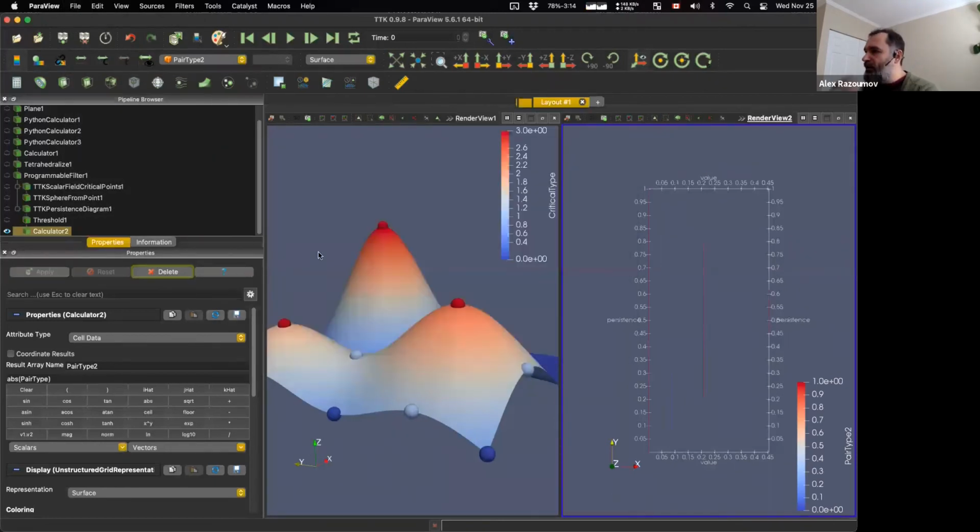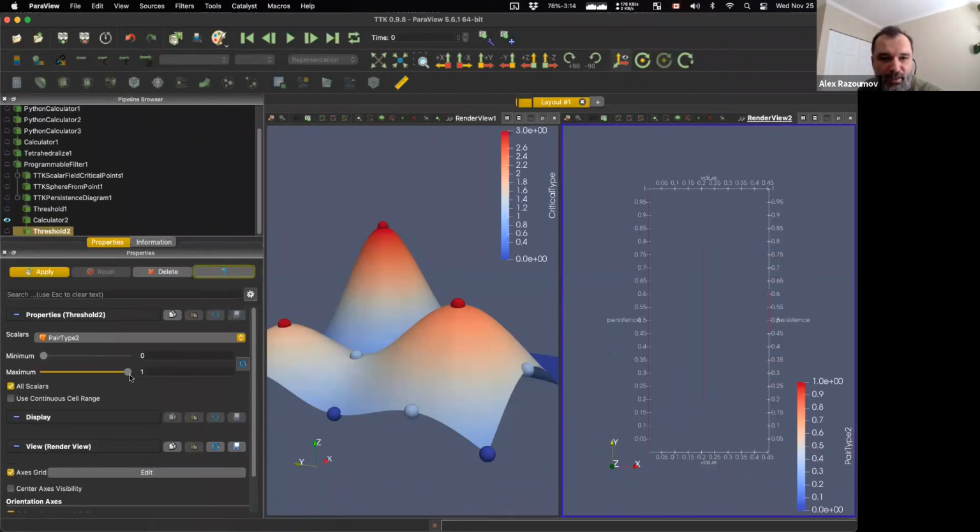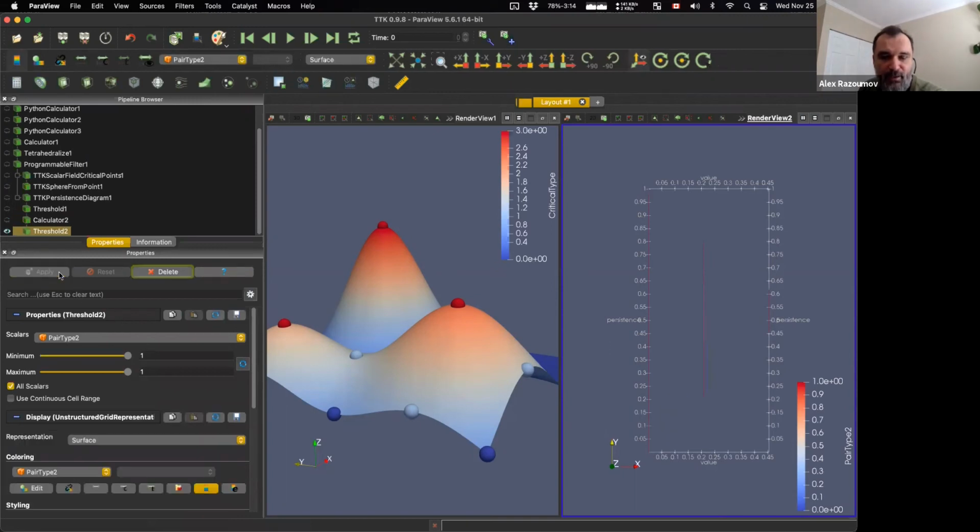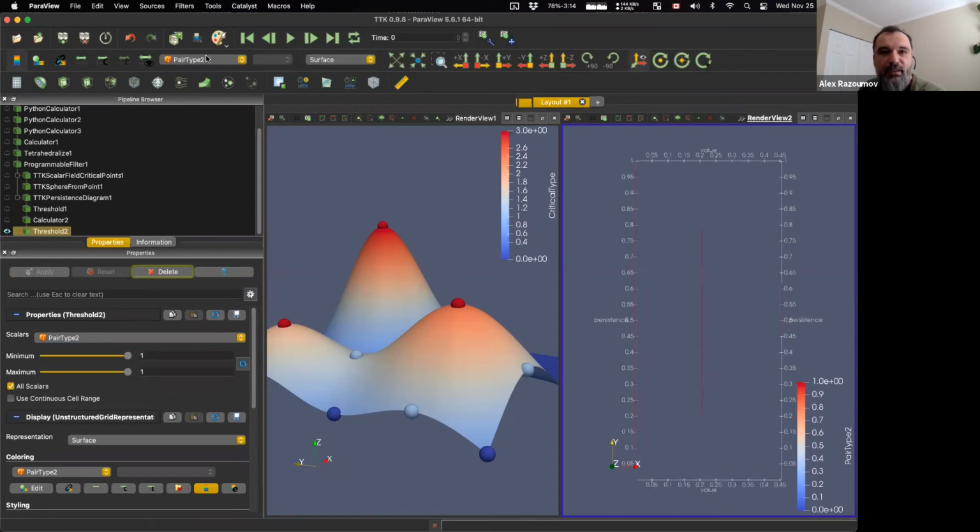And then next, I'm going to apply a threshold to the output of the calculator. So here's my threshold. And here I'm only going to show positive values of pair type 2. I'm going to say apply. And then I'm going to pass this to the, let's say, color by solid color. And then I want to show,